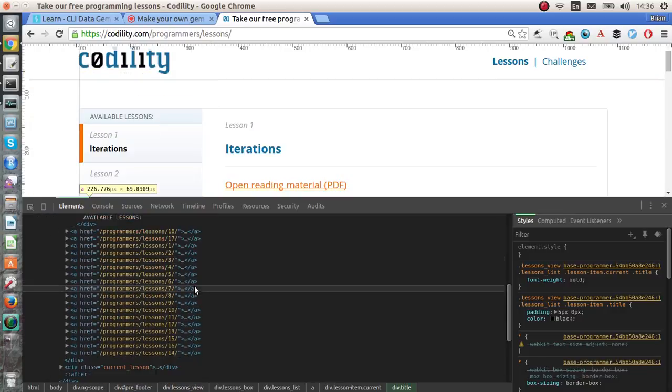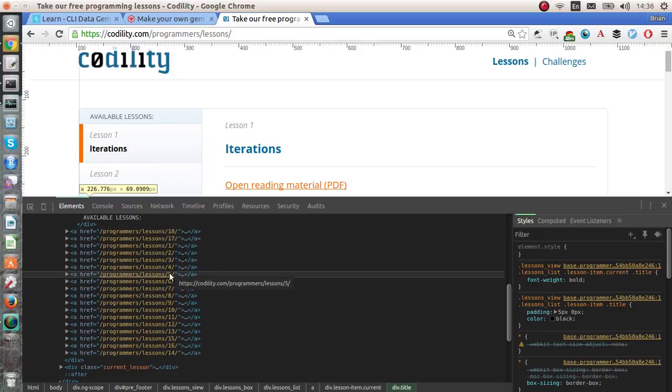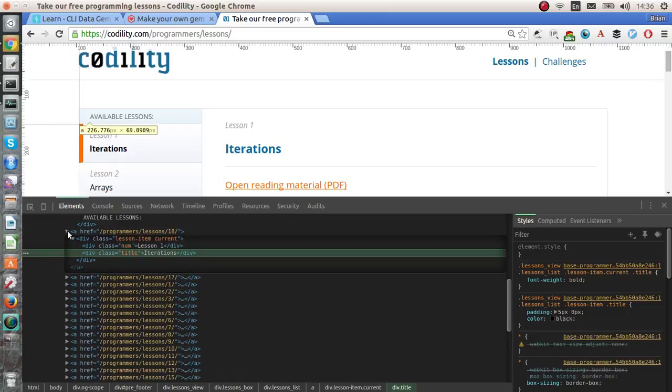Yeah. Okay, so they rearranged 1, 2, 3, 4, 5, 6, 7, 8, 9, 10, 11, 12, 13, 14. 14 is now the end. 14, 15, 16, 17, and 18. So they must have added them and not wanted to refactor everything, and they just figured out how to tag it as the first one. Okay, so we're gonna have,